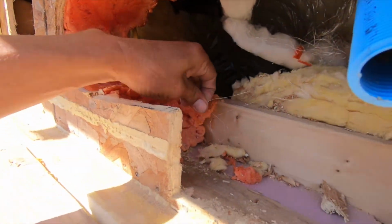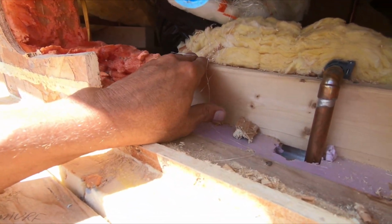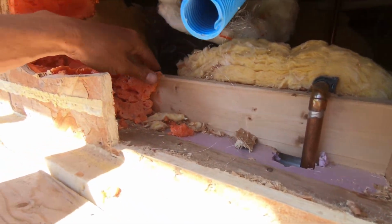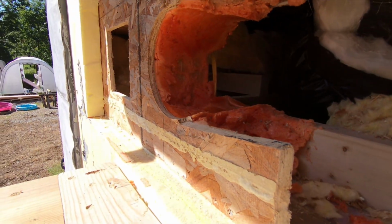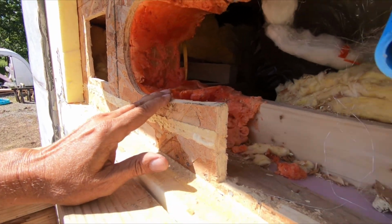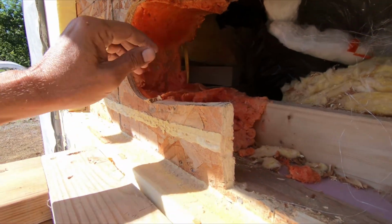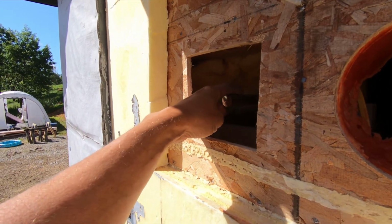This back here, this 2x4 is the drop ceiling in the bathroom. This is just like a rim board for that. You can see one of the other cross members. It's all just 2x4s. Not a real big bathroom. But I still don't want to cut into it. So what I need to do first is